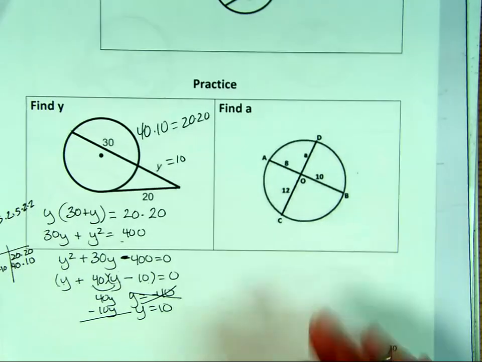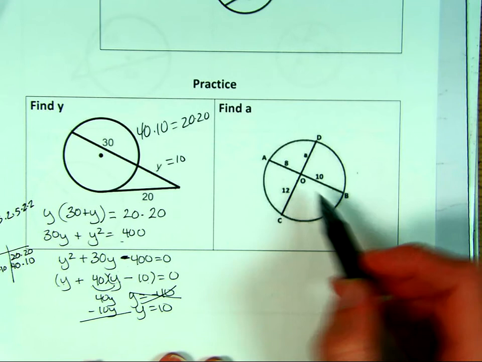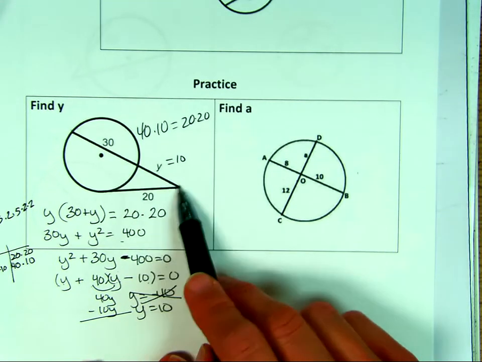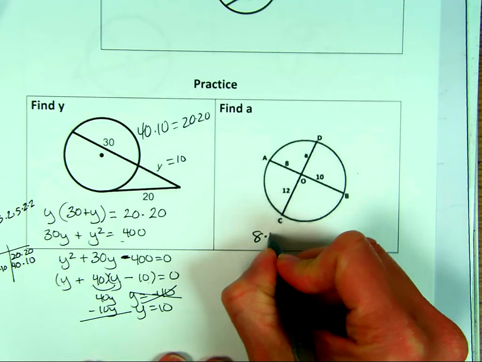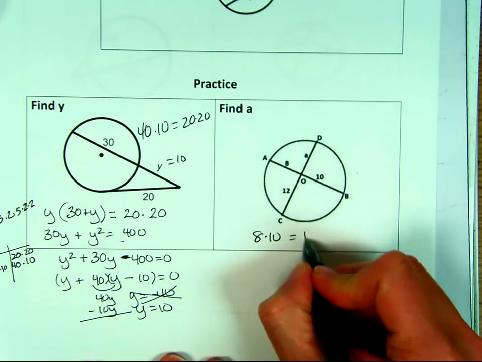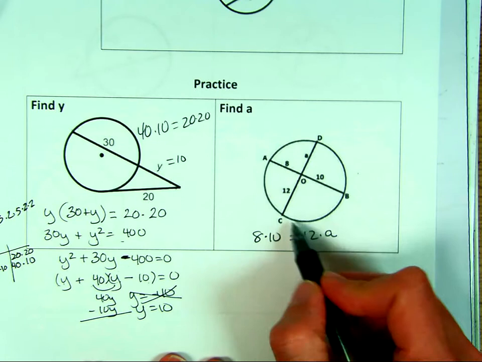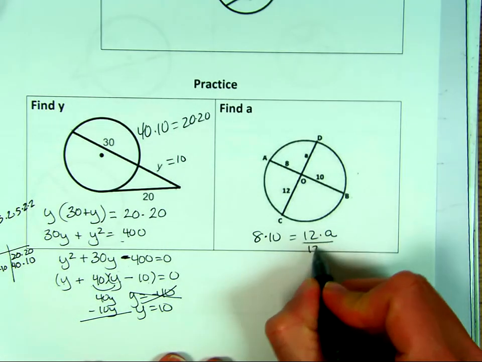Okay, so this is inside. So if it's inside, it's not wholes, it's just all parts. So this one's whole thing times outside, whole thing times outside, but over here it's part times part equals part times part. So it's 8 times 10. Those are the parts of AB, that chord, and then it equals 12 times A, which are the parts of this chord, CD. So if I divide both sides by 12,